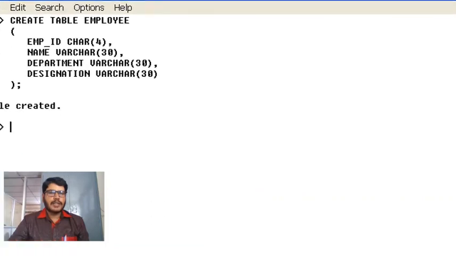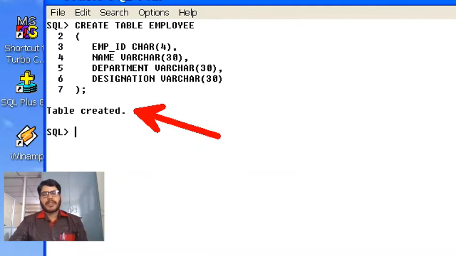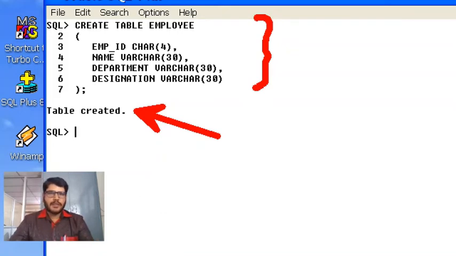As you can see here, it is showing a message saying that table has been created. That means what? Whatever the statement we have written, it is correct, there is no such errors. So compiler has successfully compiled the statement and it has executed it successfully. So this is how we can create tables.